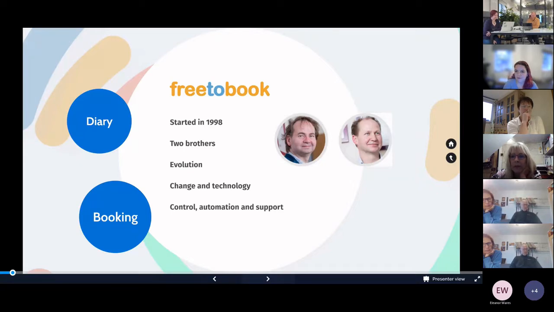So we've come into this with a lot of experience, and that experience is in the real world, and then just implementing it in terms of a booking engine, a channel manager, messaging, all of those sorts of things. The idea behind it is that we provide control, automation, and support for our customers. The control is just that when you're using our booking engine, you do have a lot more control over your business. You have a lot more visibility as well. And then we try and make sure that the things that we implement improve the time that you spend doing them.